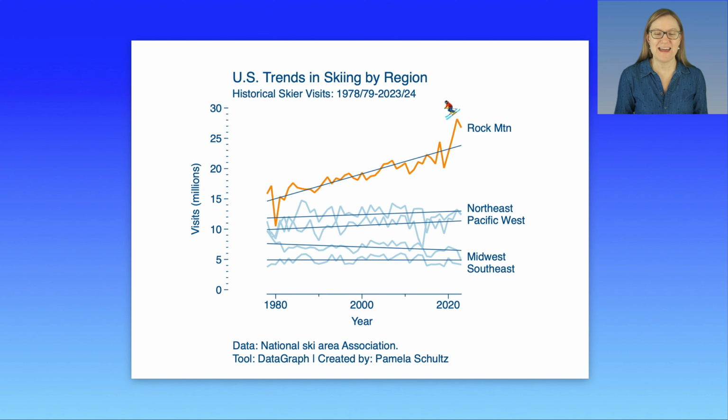Here I looked at data on slopes, skiing data, and I did not pick two separate points for the graph that I published. I actually did show the linear trend in the number of ski visits to different regions of the country. This is data that comes from the National Ski Association. And I made this graph, however,